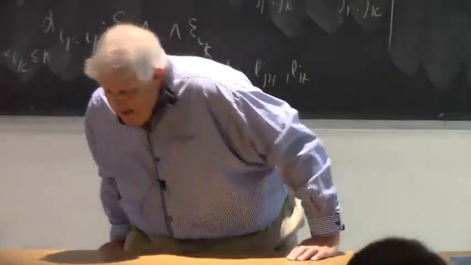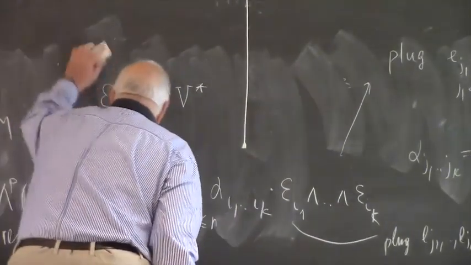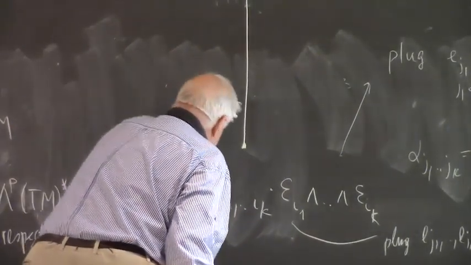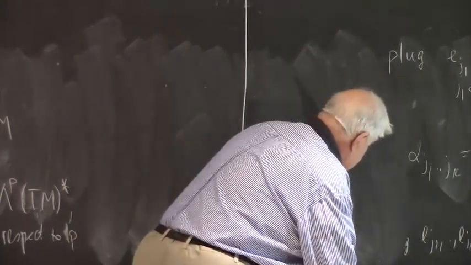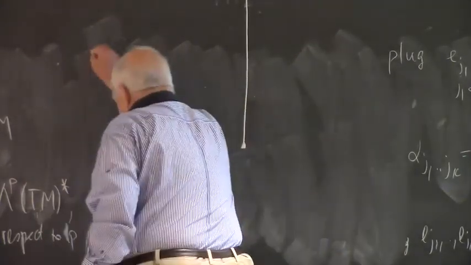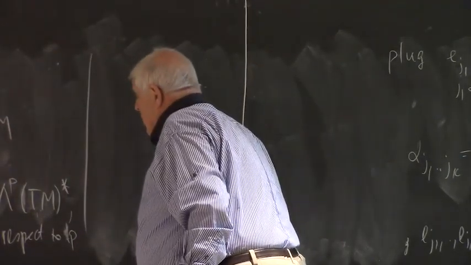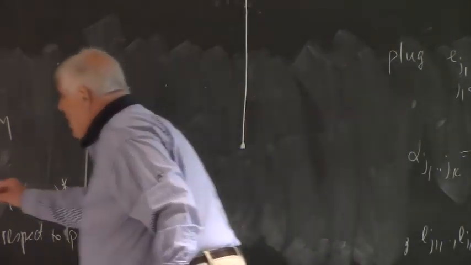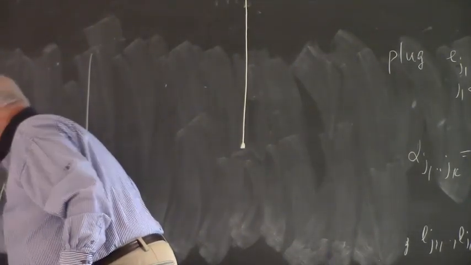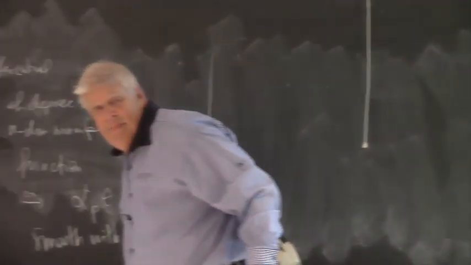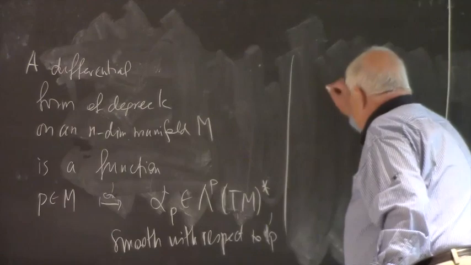So the most immediate explanation of smoothness is the following. We take this function, alpha, obviously, p alpha p. We take a coordinate system, local coordinate system u,